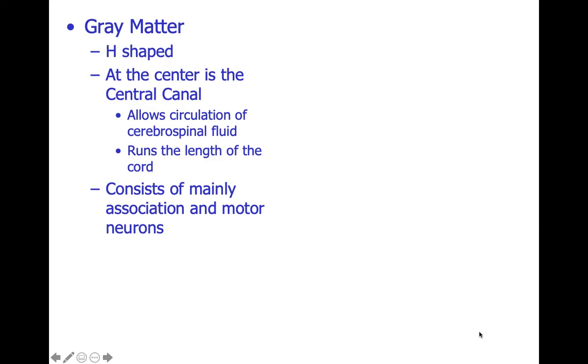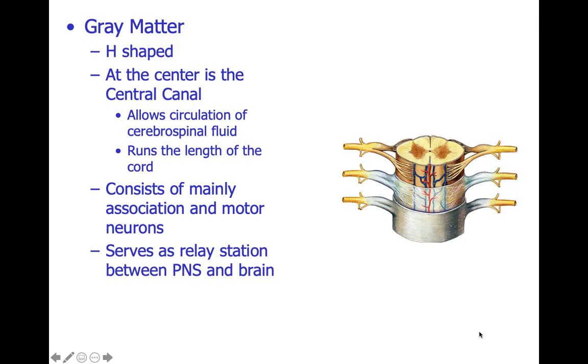Gray matter consists mainly of association and motor neurons, and because it's gray, it is going to be made up mainly of cell bodies, which makes sense, and unmyelinated nerve fibers. It acts as a relay station between the peripheral nervous system and the brain, so information coming into and out of the brain from our sense organs, our sensory receptors, will pass through